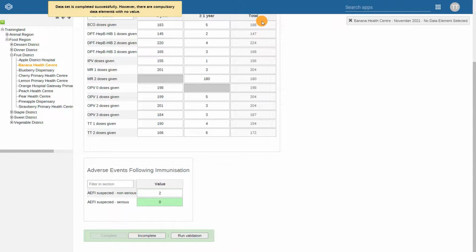This button allows you to undo the completion status, which means that it will no longer be counted as complete for reporting rate calculations until it is marked as complete again for this period. This function can be used to indicate that some parts of the dataset need to be reviewed, for example. Note that data in the dataset can still be edited regardless of whether it is marked complete or incomplete.